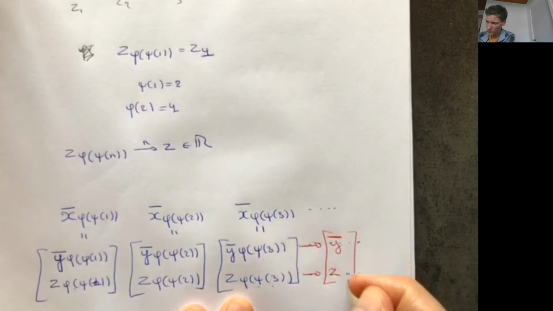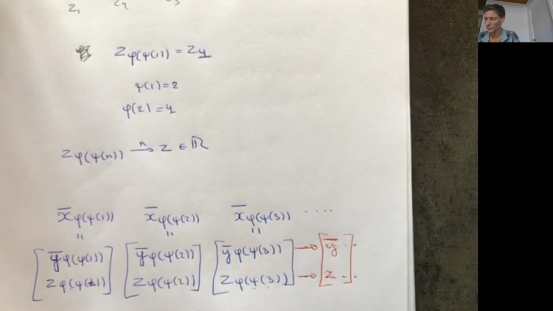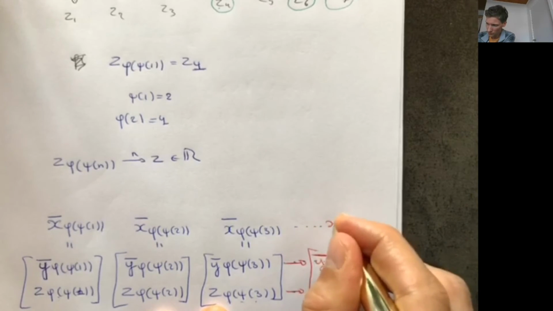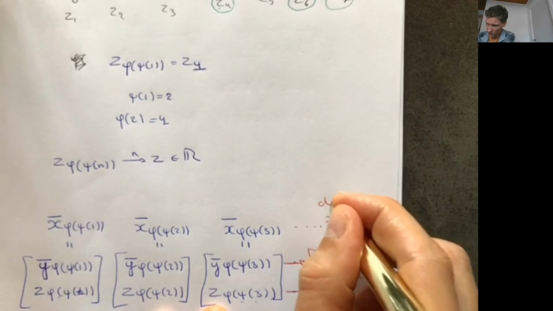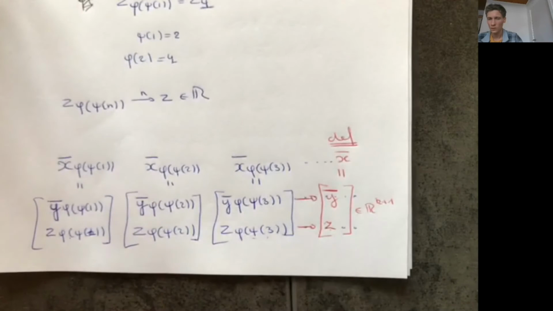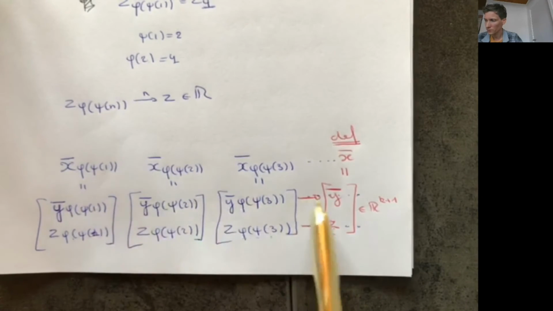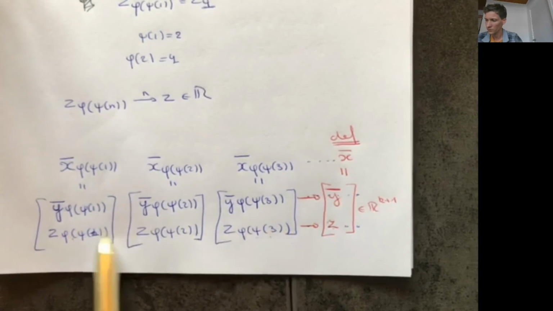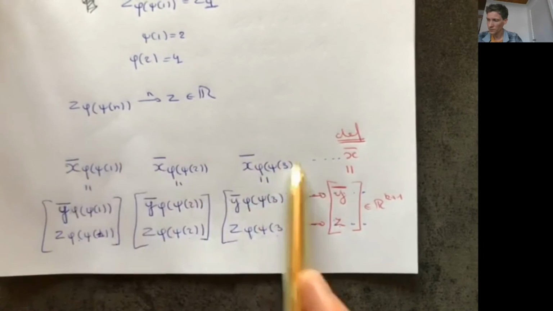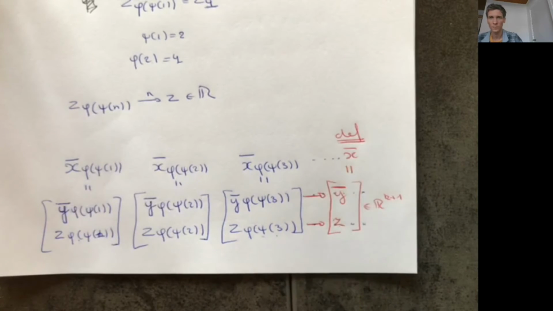And what we can do is we can put this y and we can put this z into a vector of dimension rk plus 1, and we can call this the vector x. So this is a definition of a vector x. And the idea will be that because this sequence of vectors converges to this, and this sequence of numbers converges to this, then this sequence of vectors will converge to this. Okay, so this is what we're going to show finally now, and this is going to finish the proof.